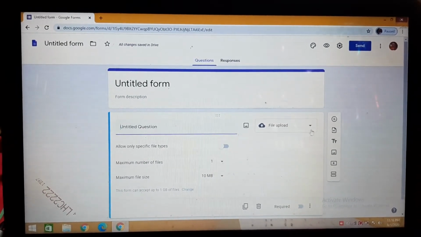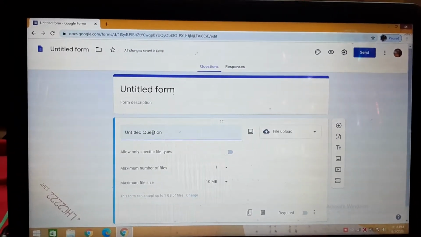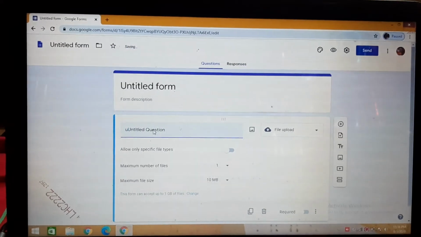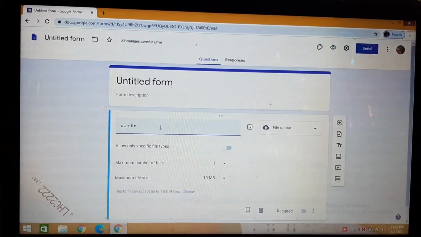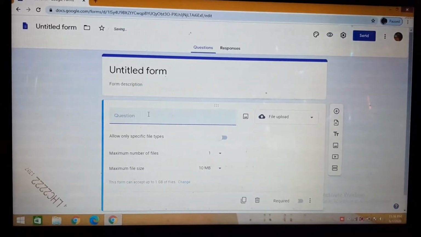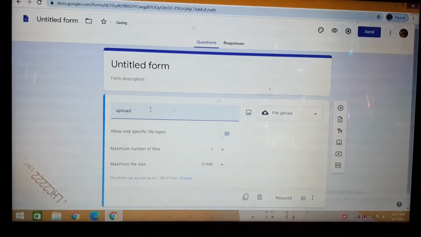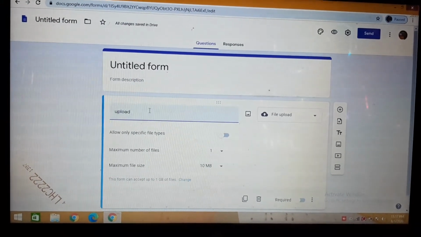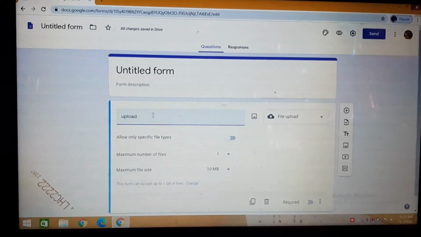Now when we are giving a file upload option, let us write a question: upload the answer for question number 5, 6 or whatever, like we are giving an instruction to upload.